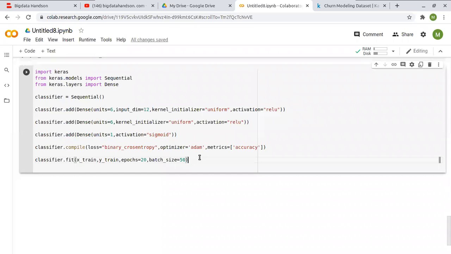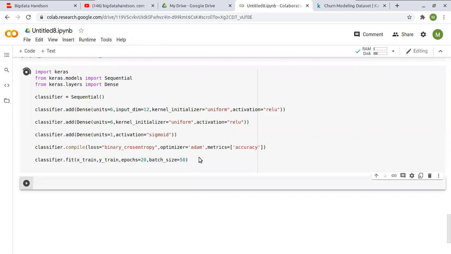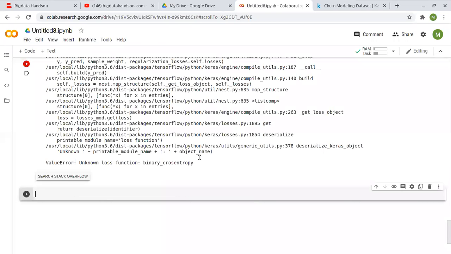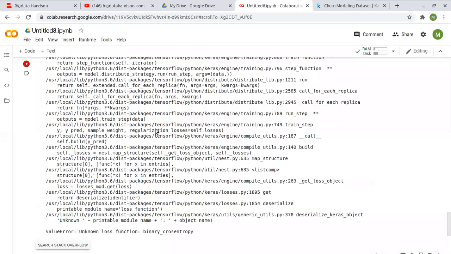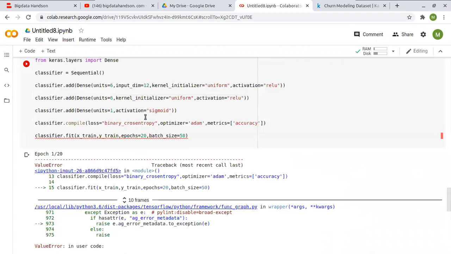Now let's run this program. What happens? Unknown loss function binary cross entropy. I think it should be a double l.